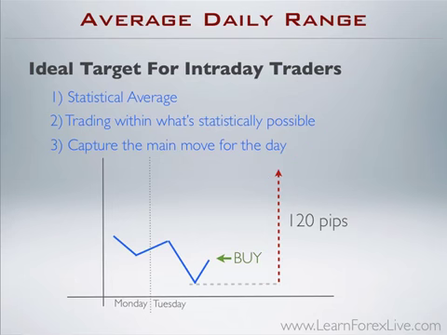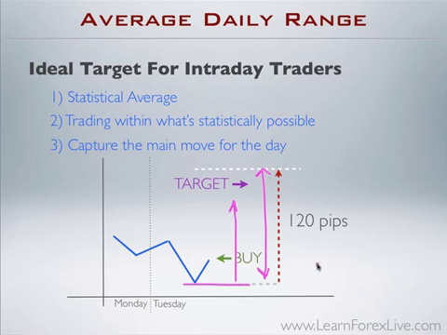All right? So, in order to make sure that we have the statistics on our side and not against us, you always want to locate your target within the average daily range. All right, always place your intraday targets within the average daily range from the low of the day